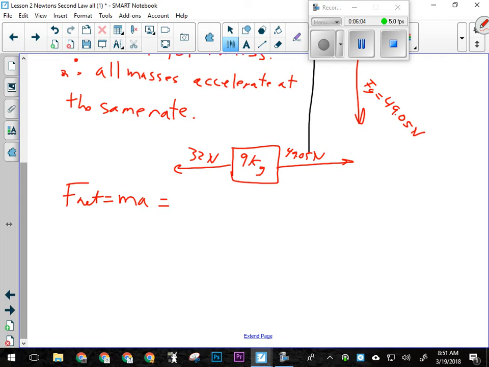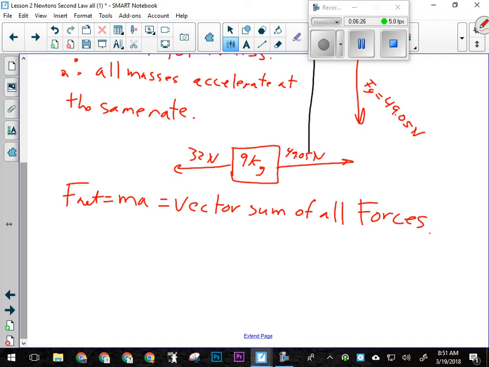Right, so I would find the vector sum of the forces, right. All right, those are the two ways to calculate net force: mass times acceleration and the vector sum of all